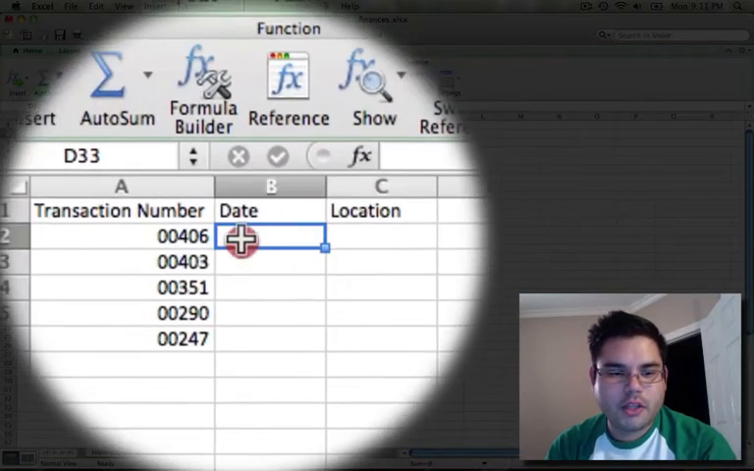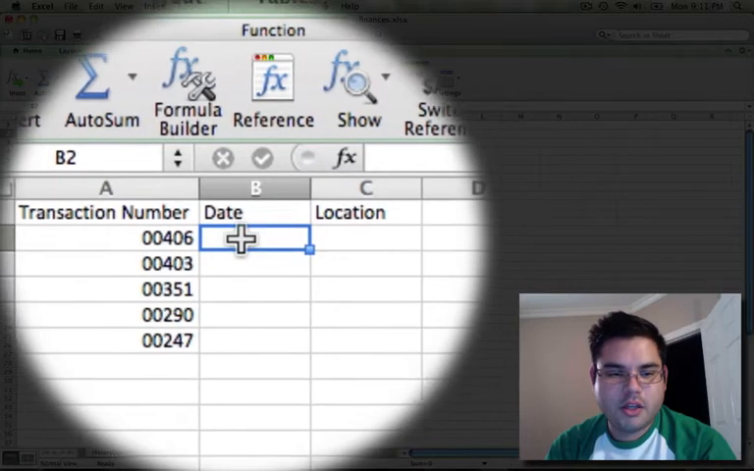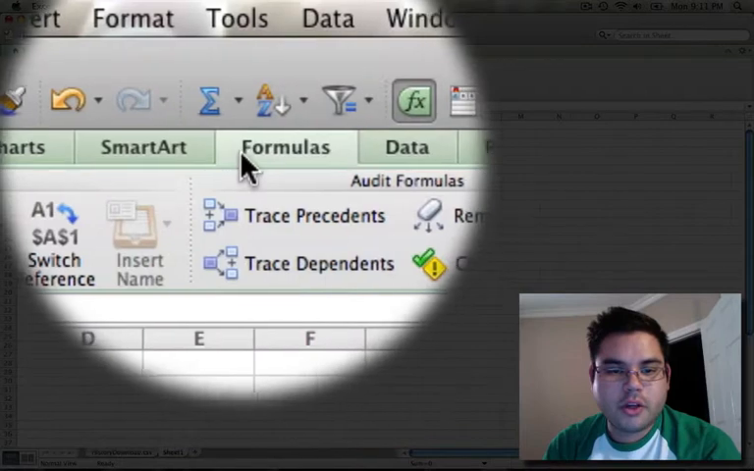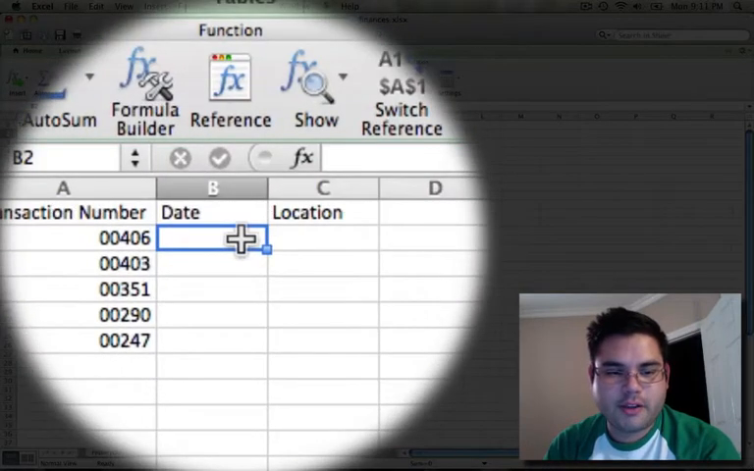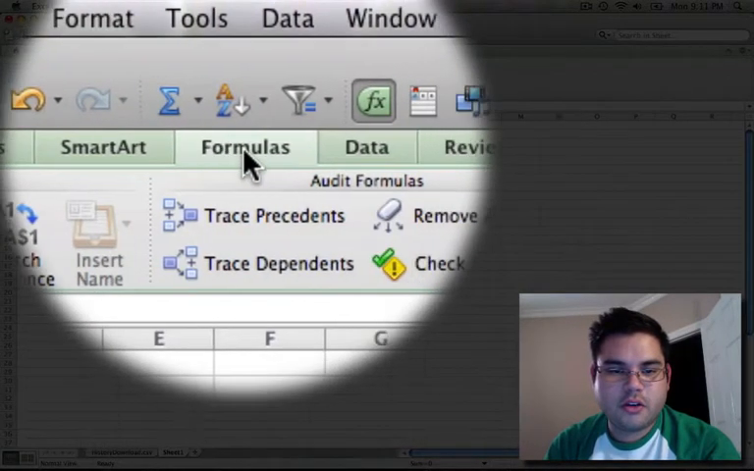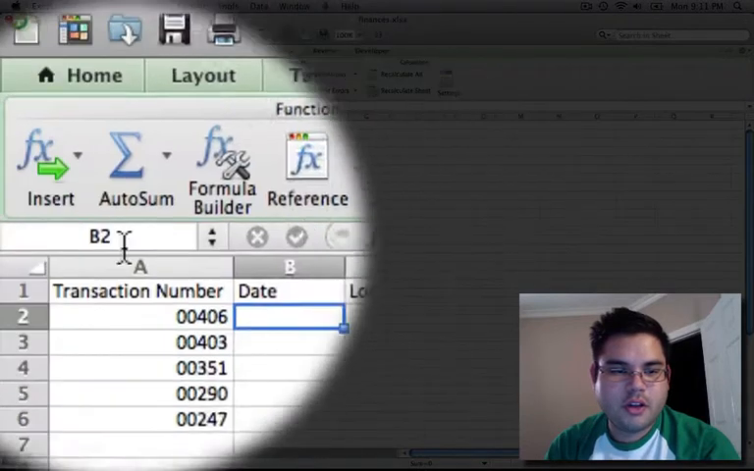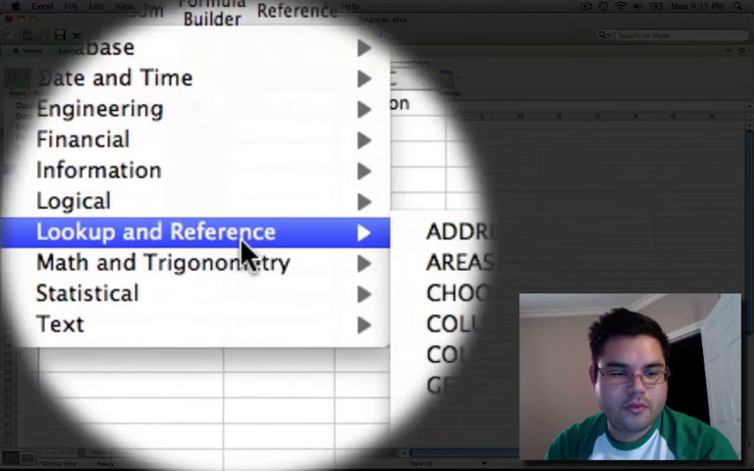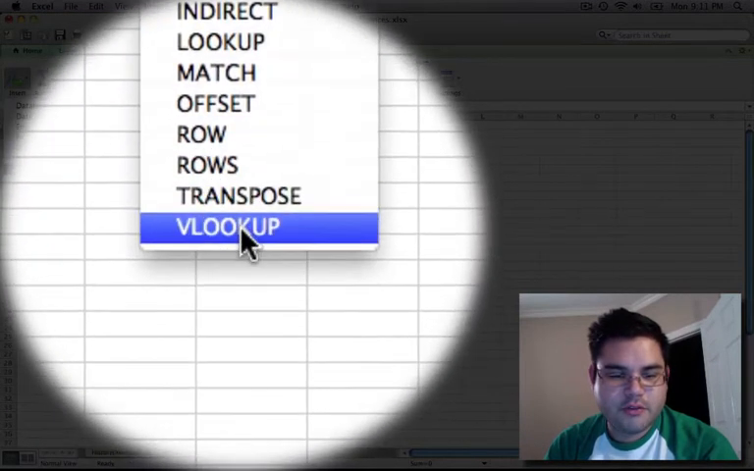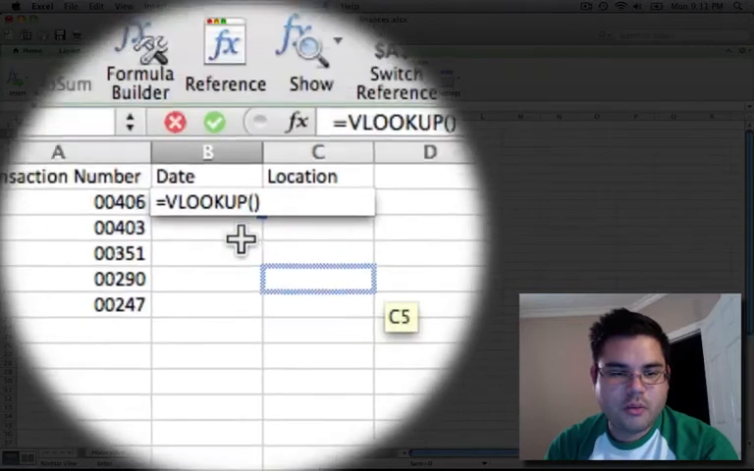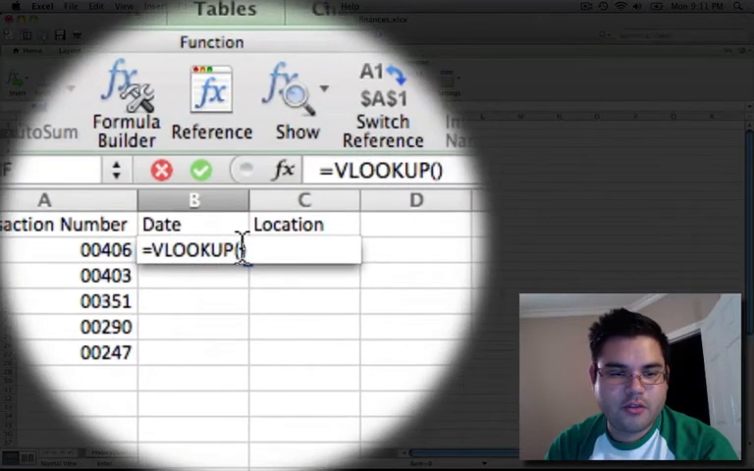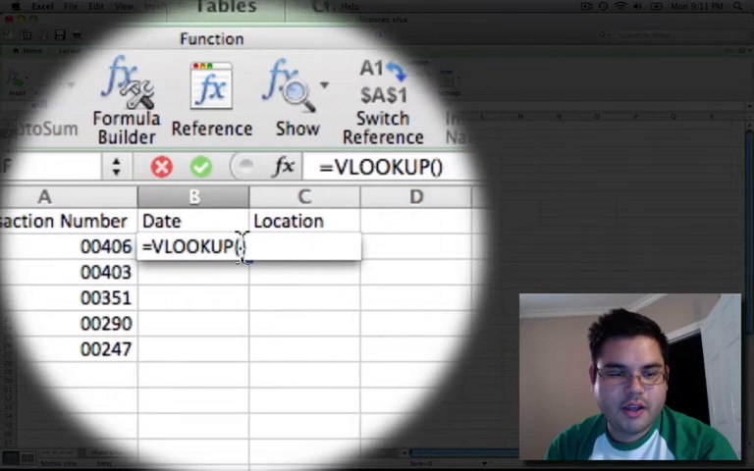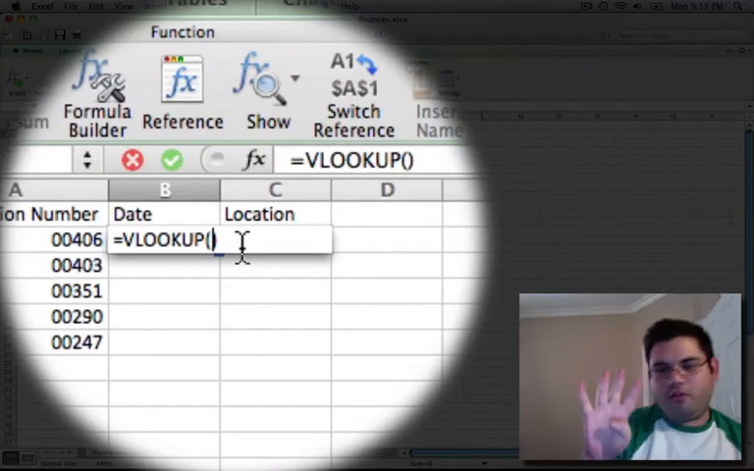What we're going to do is click on the cell where we want vlookup to fill in for us. So we're going to click on that cell, go to formulas, and insert a formula for lookup and reference, vlookup. Once we do that, it's going to fill in the cell for us with a pre-made template. We're going to need to put in 4 different